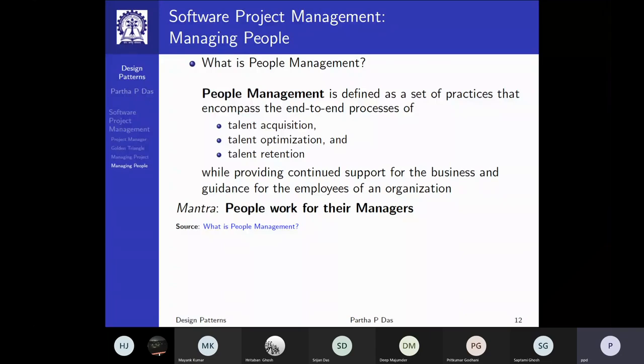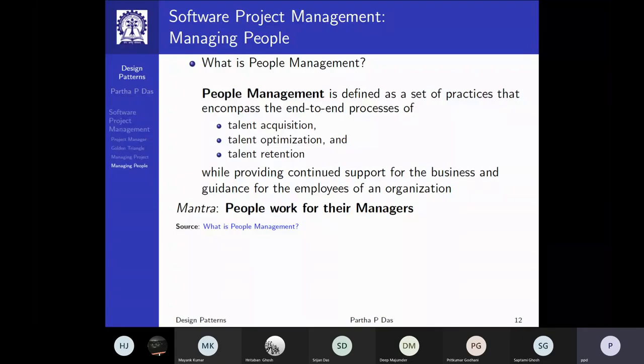Several surveys over time have shown that there are several parameters people look at wherever they work, and the parameters on which they might change. One certainly is the package, the money. That's important, but after a while it does not remain a primary factor. What technologies people are working with, what kind of projects people are working with are critical factors. People always want to keep on learning. They want to work on the latest technologies and so on.